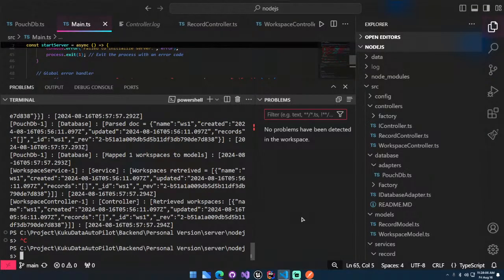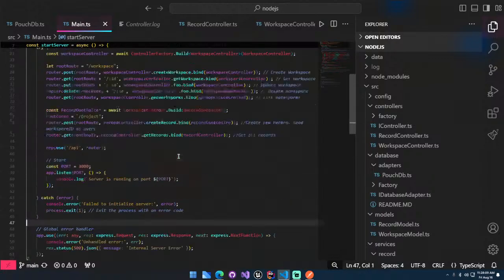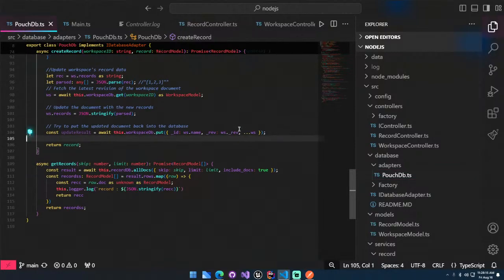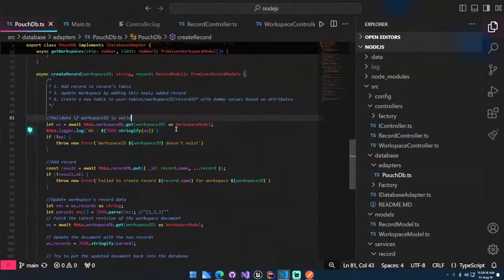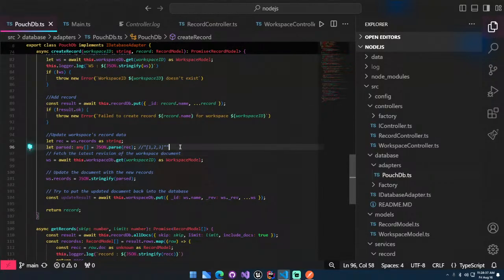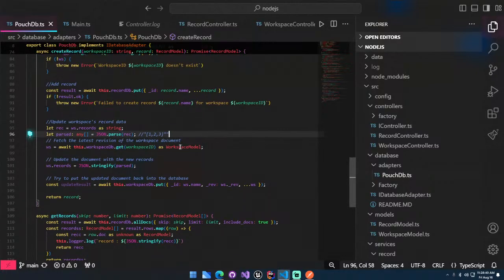Okay, so now that you know the problem, let's see what we can do about this. Okay, so we are going to go to our database, Pouches database, get cards. This is create record, right? This one is going to be valid, stuff like that. Add records. Then a result, okay. Failed to create record for workspace. Creating the record, so that is valid. After that, this is where we are stuck. So we are parsing it. And then, wait, after parsing it, do we ever